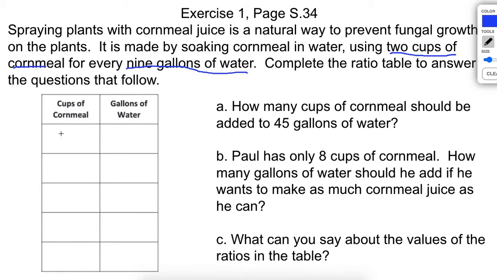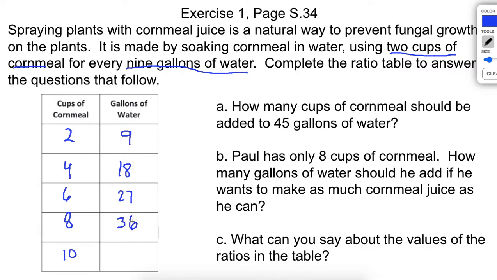So cornmeal we know is 2 cups. Now we don't put any units in here. We just put 2. The units are up in our labels. Gallons of water is 9. So we can just go 2, 4, 6, 8, 10. And then we can go 9, 18. If we don't know, we can just add 9 again, which would be 27,